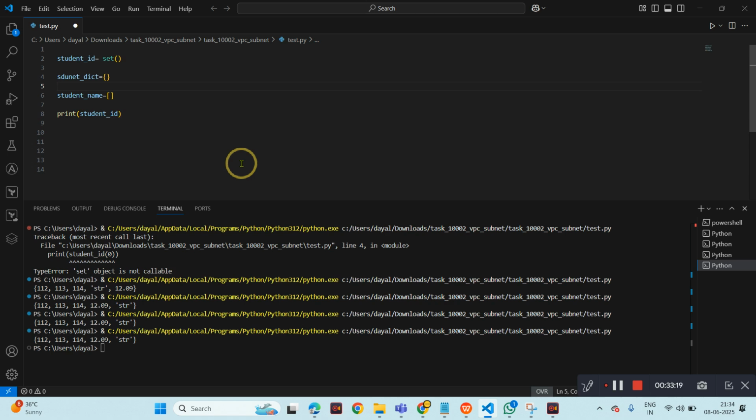Okay, got it. So this is an empty set, so you have to use the set function, or set class, whatever you want to call it. And you can provide data if you want. And this is an empty dictionary, and this is an empty list. Okay, and if you want to check the type,